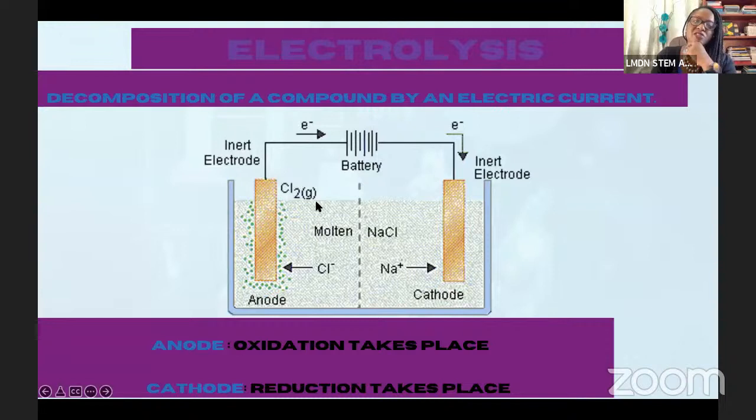So this is what I was referring to just now when I was saying how we have a little circuitry going on, right? We have a battery here, and the battery is what provides the potential difference that I was saying we need. It's not enough to just have an electrolyte, a substance that has ions that could potentially become mobile. There has to be a potential difference applied that will move those ions, right? Move those ions around, from point A to point B, right?